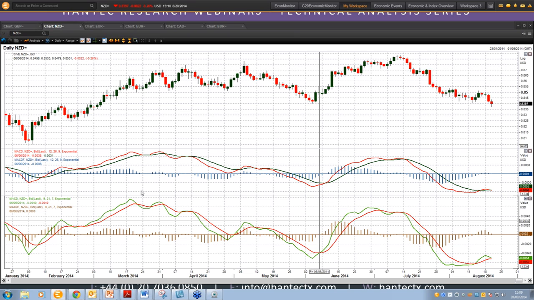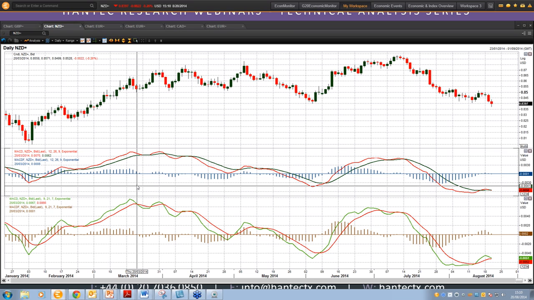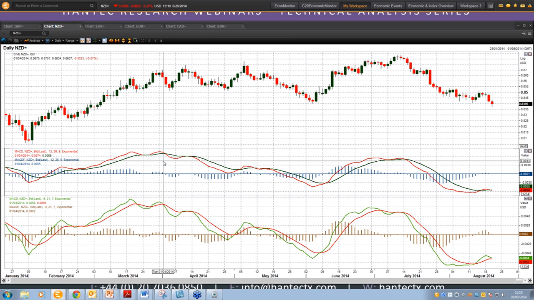Again here, you've got a crossover there, and that came a couple of days before you started to see that. And actually you didn't get a crossover, you actually got a kiss before you got a proper crossover, which gives you a different signal, but it could even be a false signal. So exactly how you can incorporate that into your trading,